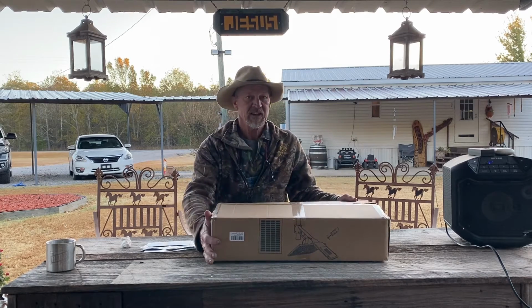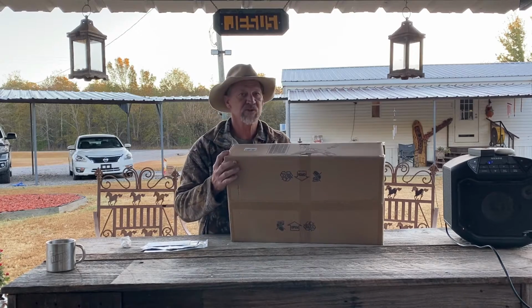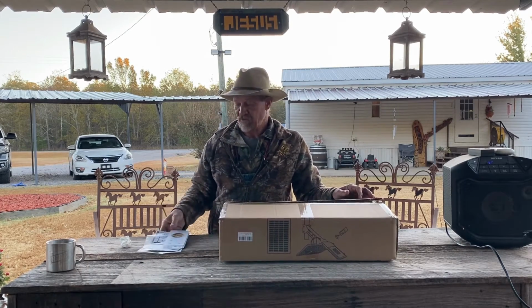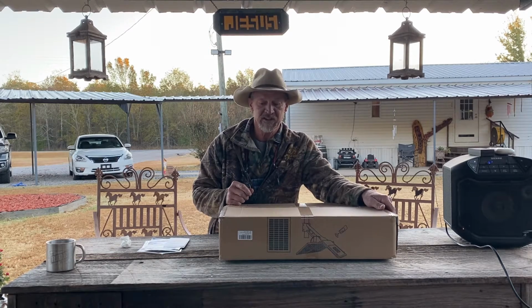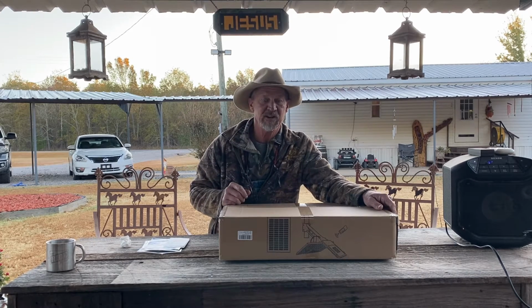Guys, today I got another solar powered street light. Now guys, if you got a place that you ain't got no electricity, like at a shop or anywhere that you want a light and you don't want to run electricity, let me tell you, these solar street lights is the way to go. Now, I have one out there on my shed that's been there over a year